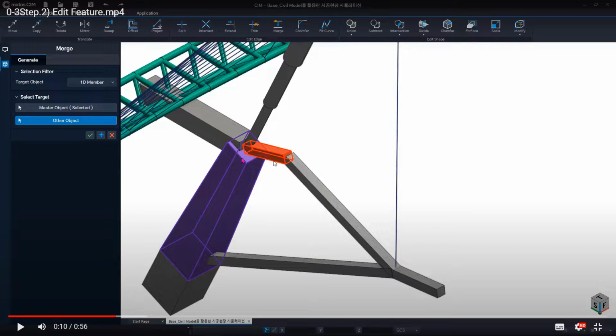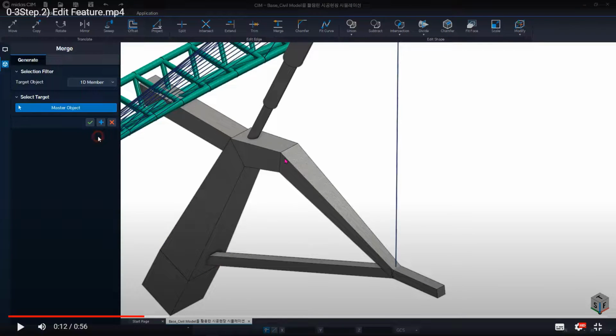As you can see here, the master object has a section bigger than the other object, and then the other object will be following the section of the master object, because the master object, as you can see there, is tapered. So the first section in here, the area of the first section is bigger than the area of the last section. So it means that the whole master object is tapered.